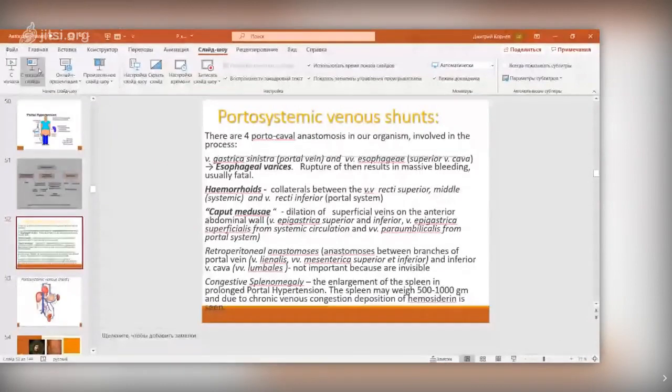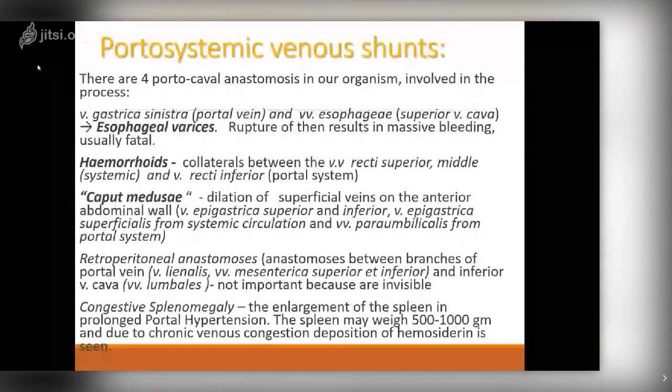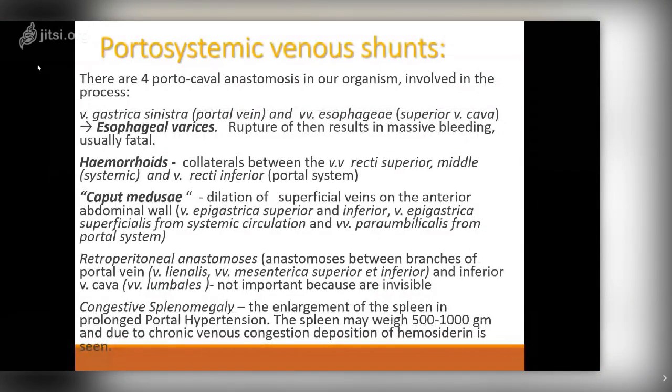As I told you already, portocaval shunts are the consequence of shifting of the blood from the area with high pressure that occurs in case of portal hypertension in the system of portal vein and its collaterals. The shift to systemic veins. And there are three main points where there is such